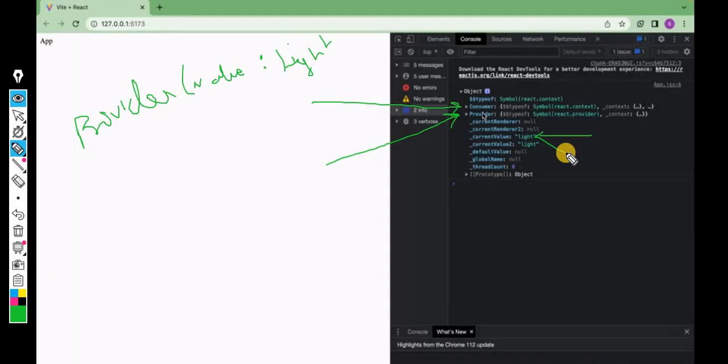And in this process, we are not using any threads. For the processing, the thread count is 0. And to whom does this provider provide the data? The provider provides the data to the consumer.